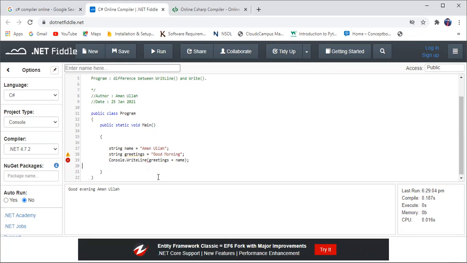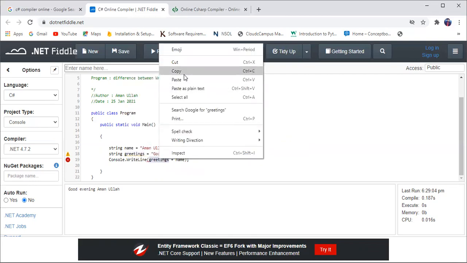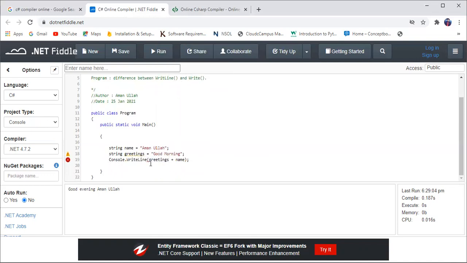Why this error? Console.WriteLine and then greeting. So let's copy this text from here and paste it here. Now, what is the error? Let's run this program and see the output.